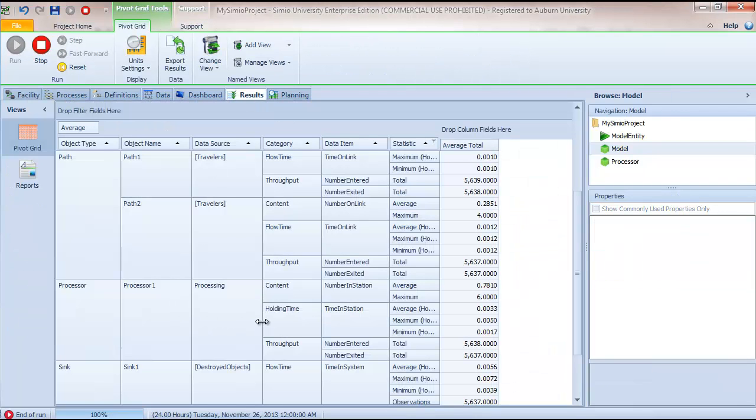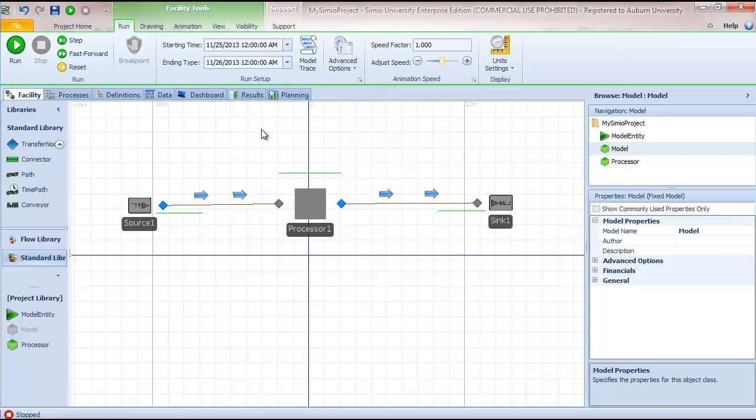And now we can see, in addition to our throughput, we also have station information. So we have the number in station and the time in station for our processing station. Now, if we go back, when we watch the model run, one thing we should notice immediately is that we're not enforcing any capacity. So when an entity arrives, it immediately is transferred into the processing station and then goes through its time delay, but we're not maintaining any capacity of the processor, which we typically see, for example, when